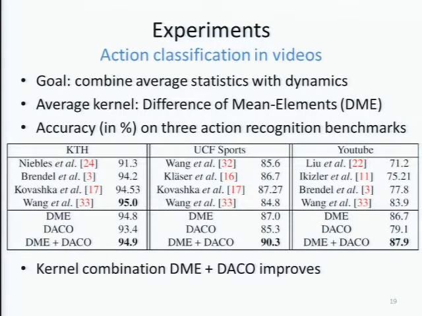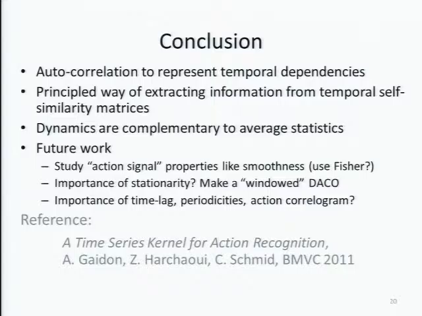But we're just comparing actions based on how their frames relate to each other, right? So it was expected. However, also what was expected and what's good is that the combination of these two kernels, the averaging one and our dependency kernel, improves performance, okay? We also now have a bit more experiments and a bit better results than this since then.